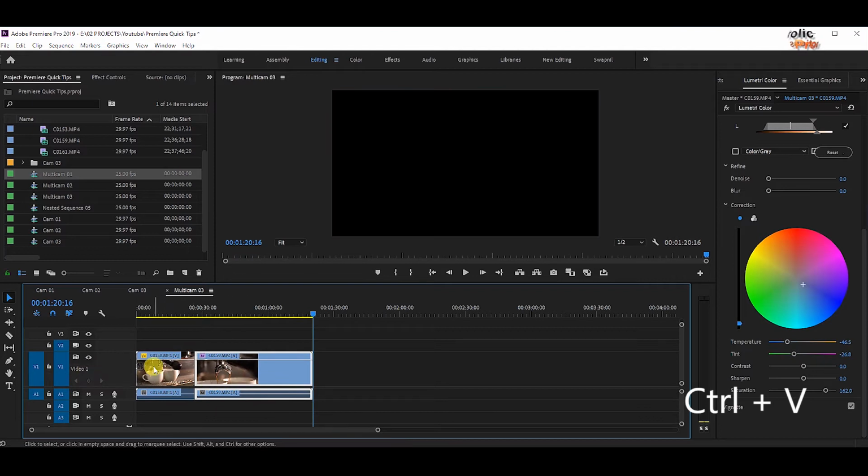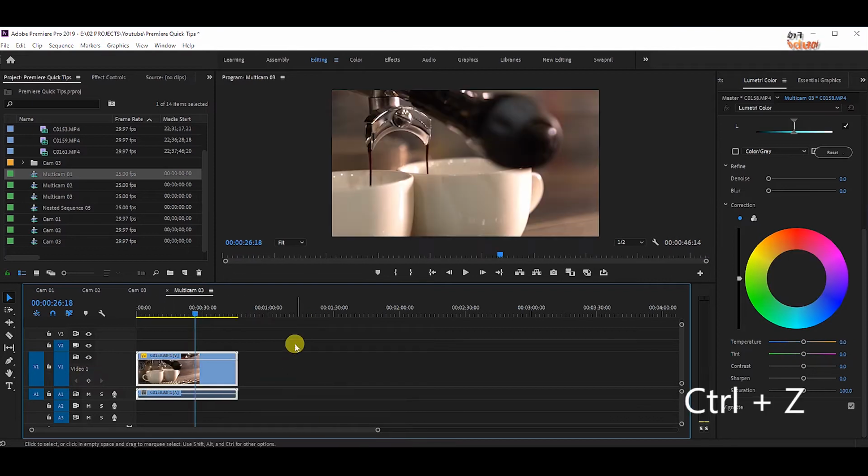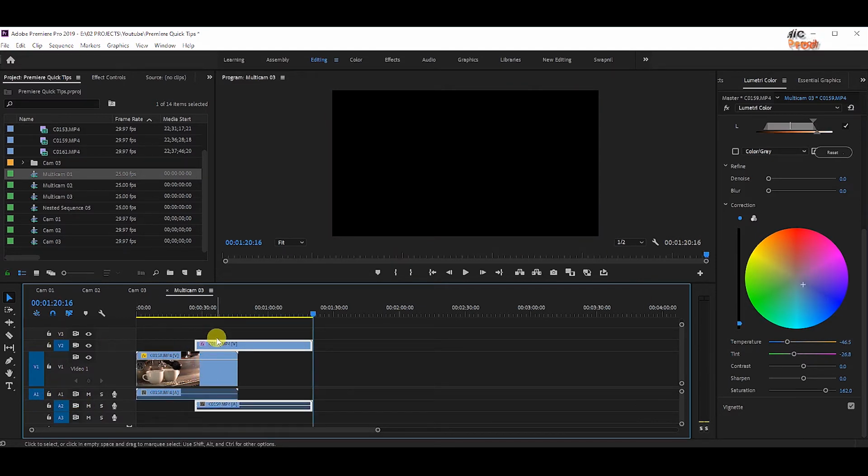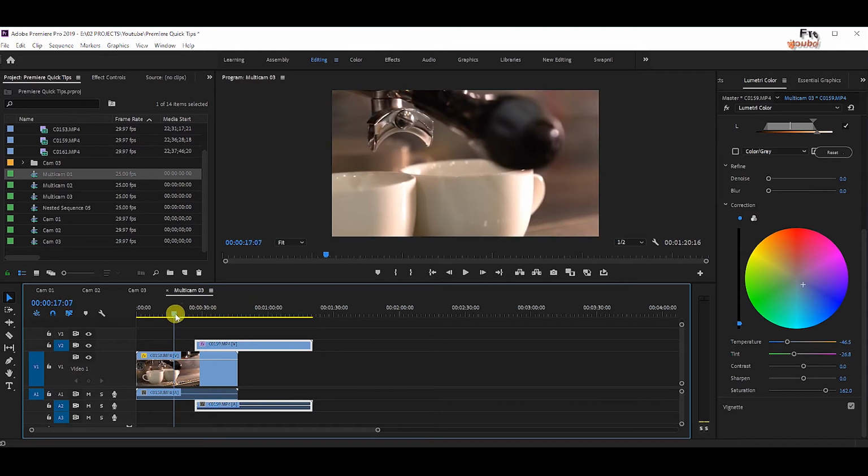As you see, the second clip is also pasted on the first layer, but I want it on the second layer, or V2, so that I can match the first and second layer and start the multi-camera editing. So I deselect the video 1 and audio 1 layer and I try to paste the second footage. Now you can see it is pasted on V2, or the second layer of the multi-camera sequence. Now we will try to match both these footages.